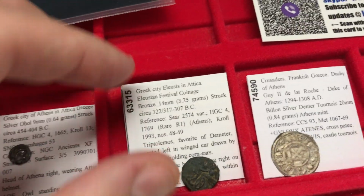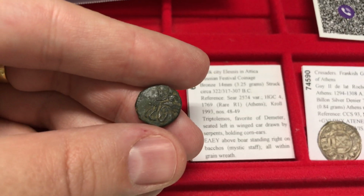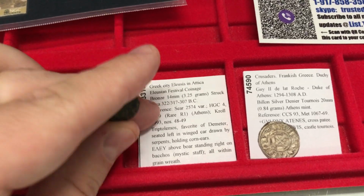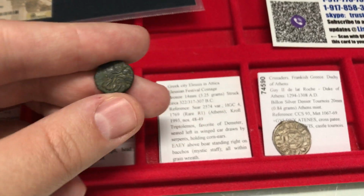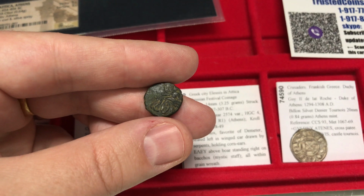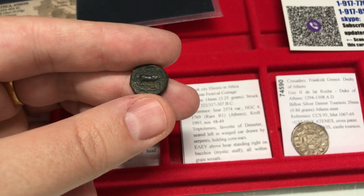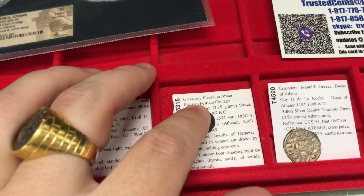Okay, next, check this one out. So this coin is Eleusis in Attica. So what's interesting is this type, is that this is Eleusinian mysteries. So Eleusis is a town or an area just outside of Athens, which had important festivals. And on this coin, we have Triptolemus, favorite of Demeter, seated left in a winged chariot drawn by serpents. Triptolemus in mythology would spread seeds around the world and make plants grow because he spread them around. And on the back, we have a pig, a boar, on top of the mystical staff, the Bacchos. And on the very top, you see the letters for Eleusis. Very important and related to Athens